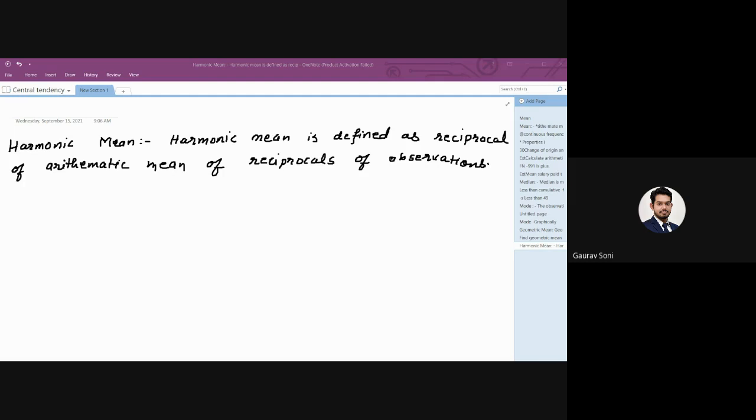Read it carefully. So if x1, x2, dot till xn are observations, then harmonic mean, HM, is given by